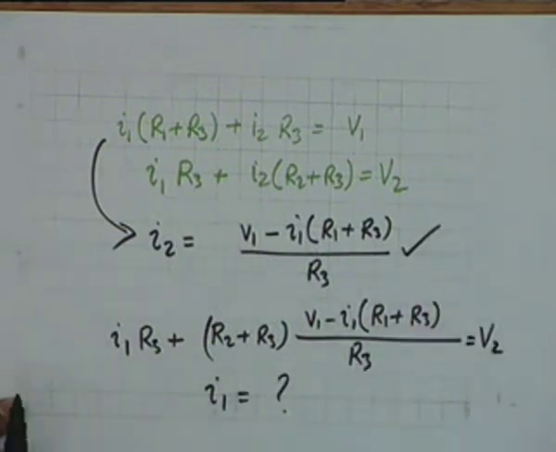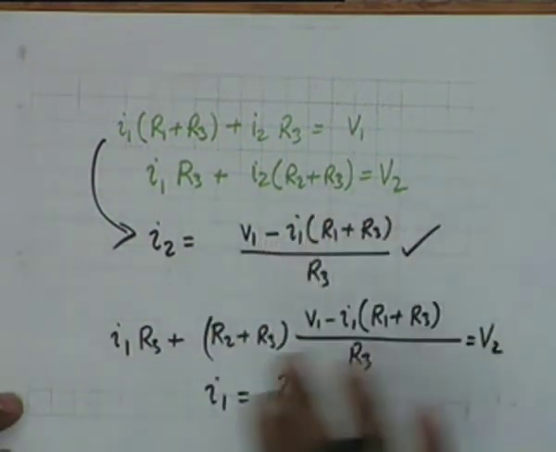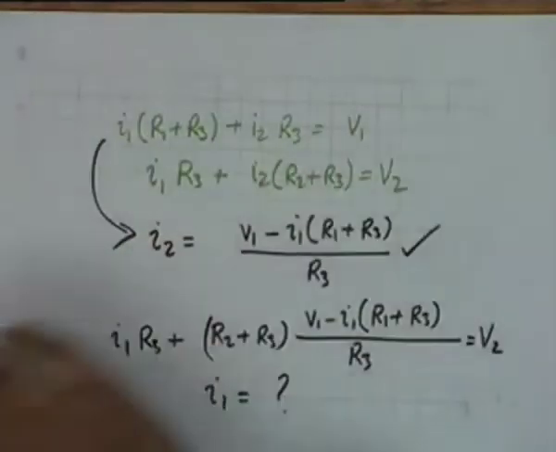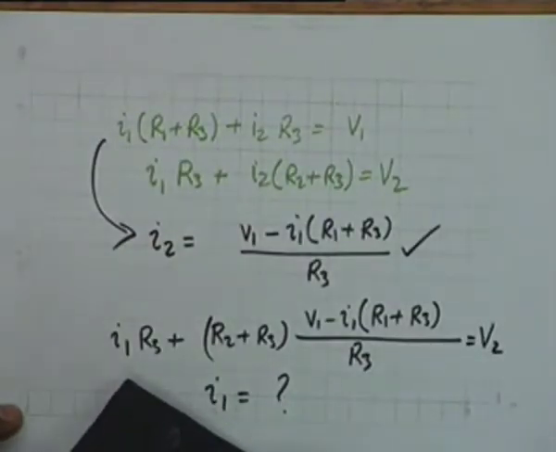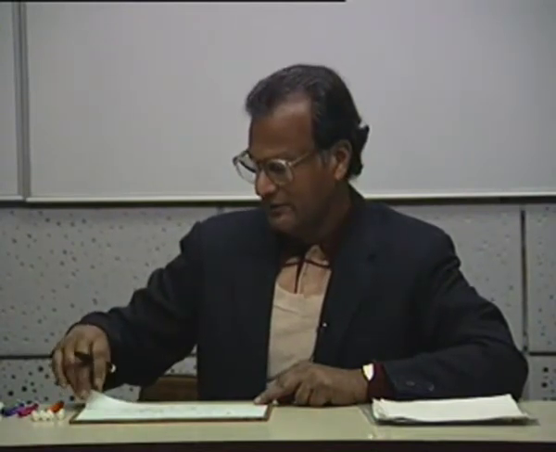This is the method of elimination. However, if you have more than two loops, let us say you have 50 loops, a power system network in which there are 50 domestic consumptions, and therefore there are 50 loops, then the method of elimination becomes extremely troublesome and tedious, and therefore you need an alternative and a simpler method, and this simpler method is offered by the so called method of matrix equation solution.